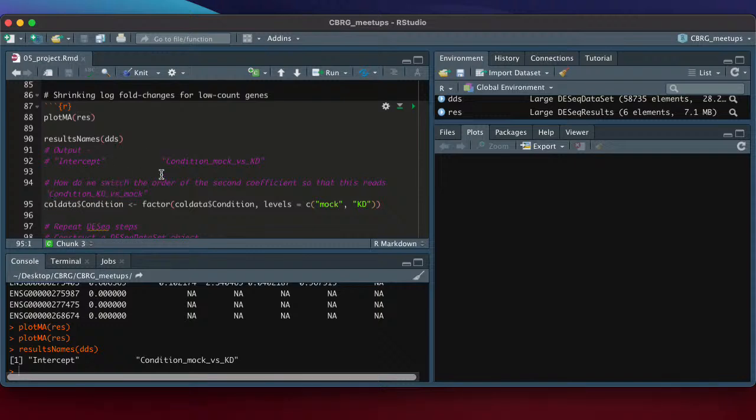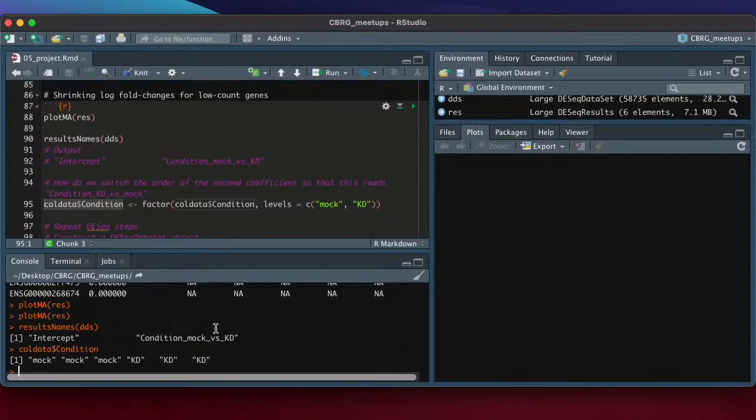One of the elements that we use to construct this DDS object is the column data, right? If you remember from a couple of weeks ago, we had 2 pieces of data that we used to construct this object: count data, which was our count matrix, and column data, which told us something about these different columns, including the condition, mock or knockdown. And if you recall, that condition column, we can just run it in the console, and we see